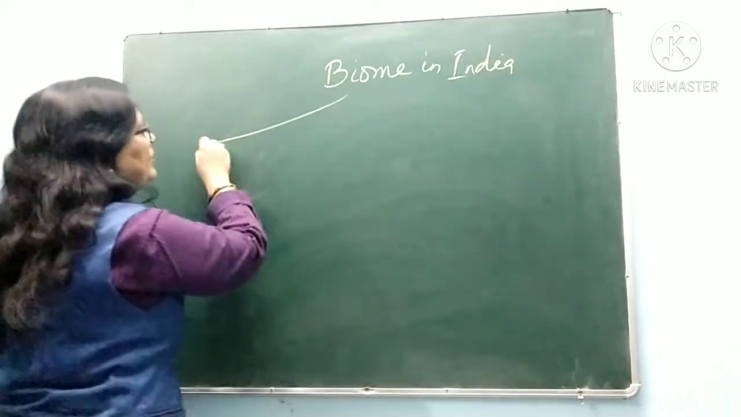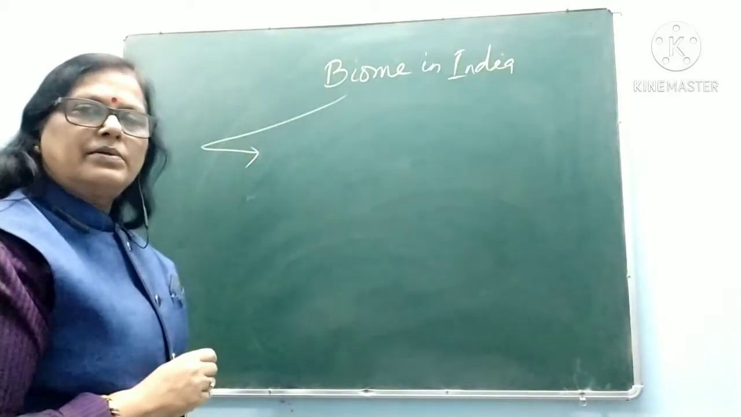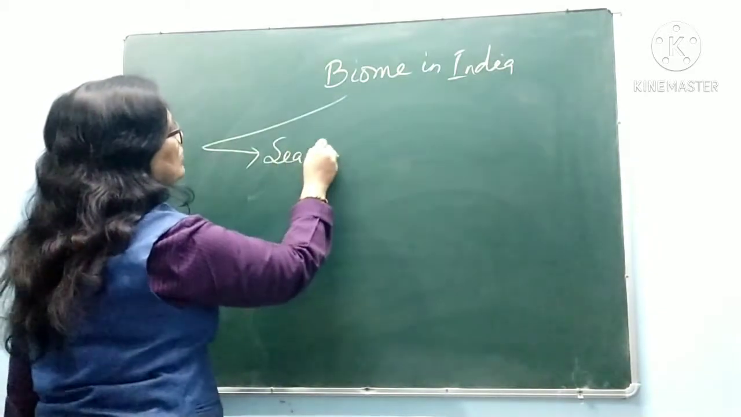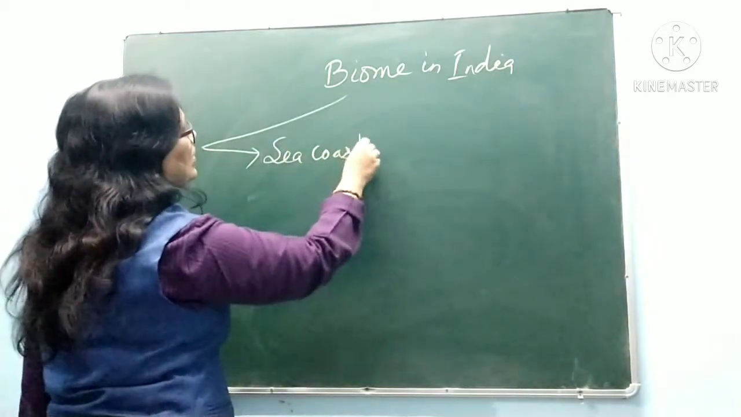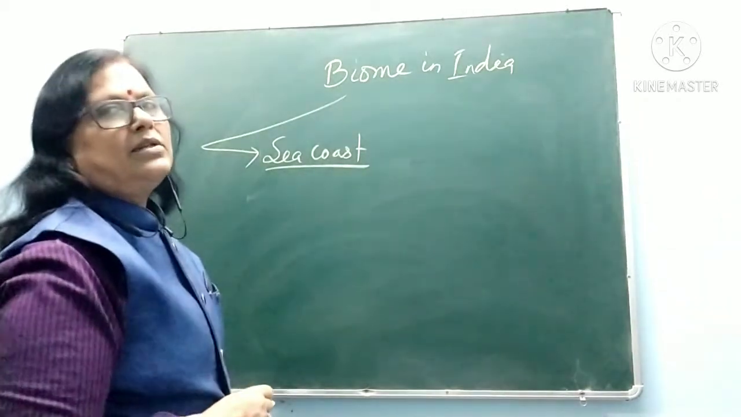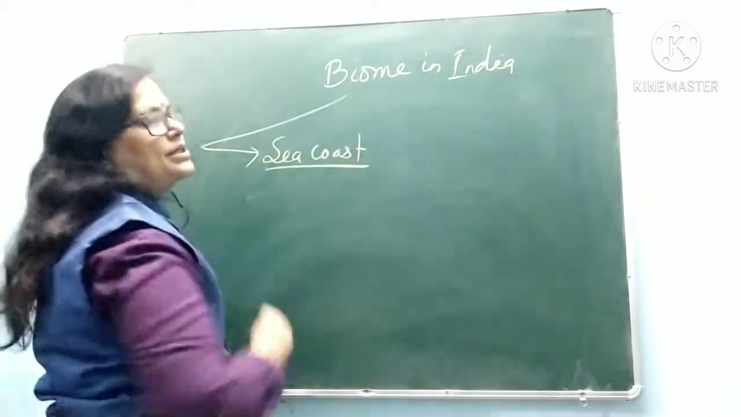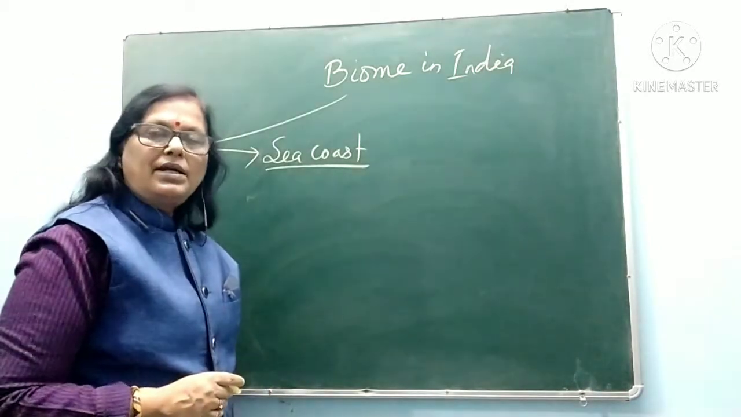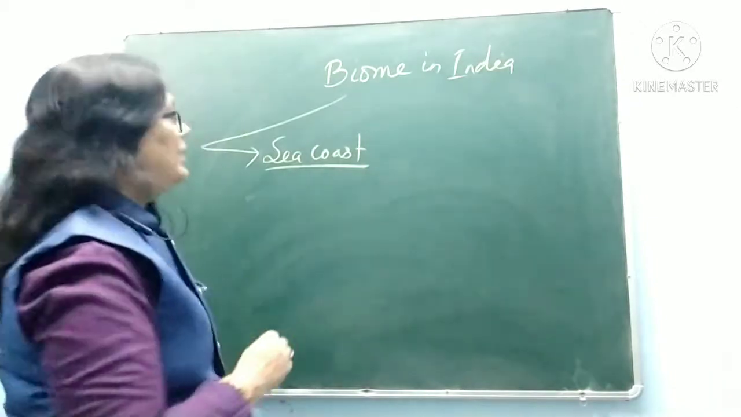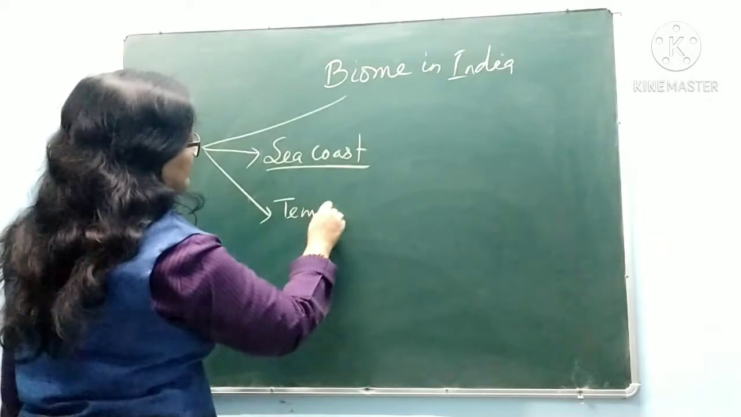In India, there are basically 4 types of biomes present. The one is sea coast, or you may call it coastal areas, especially loved by mangroves plants. There are coastal areas in Odisha, Kerala, Gujarat, Tamil Nadu. Okay? The another one is temperate